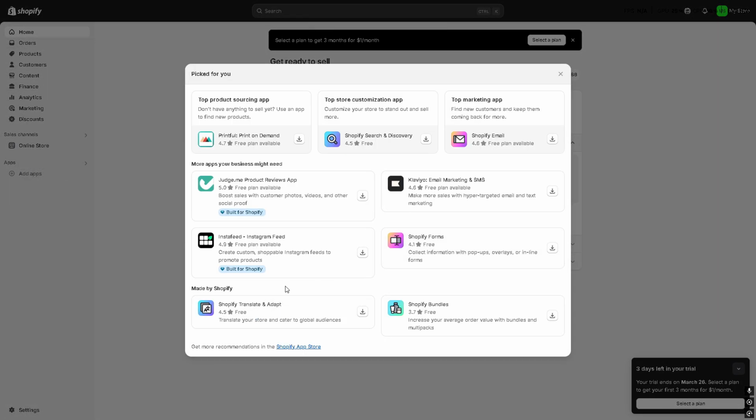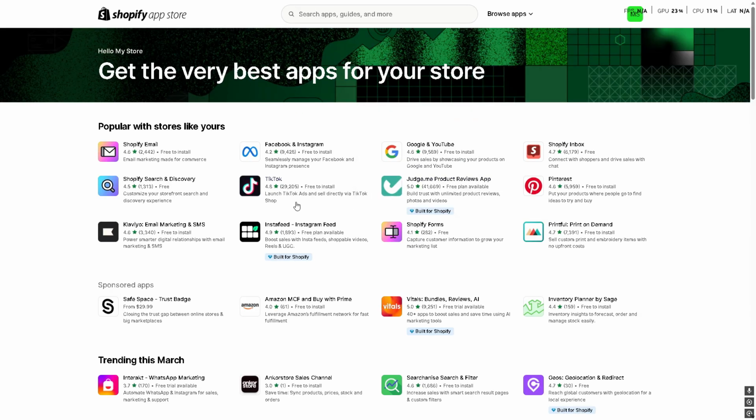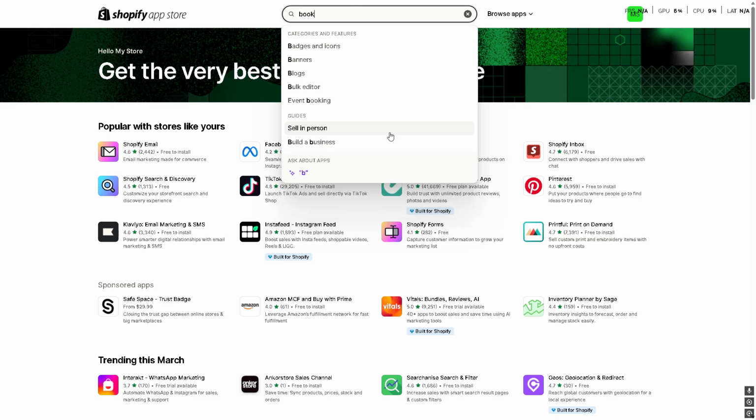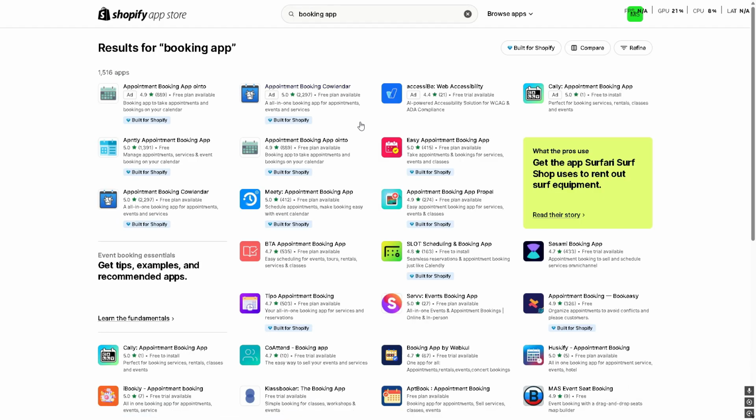Alright, once you're here, don't click anything else. You see this, get more recommendations in the Shopify app store. Click that. Wait for it to load. And now you're here. Just go to the search bar and type in booking app. Alright, once you're here, you want to go to the first one or the second one, but I prefer the